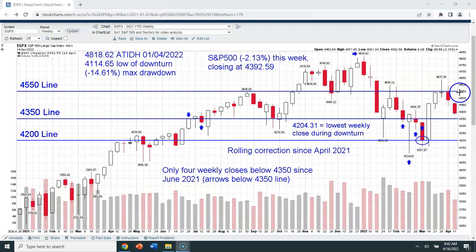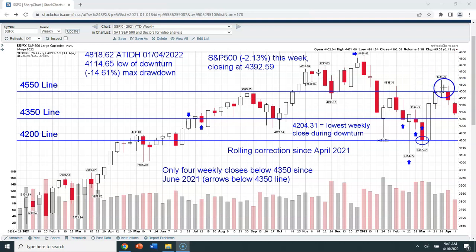And what we can see is that over the past 4 weeks, we have been rejected on a weekly closing basis at this line right here, which is the 4550 line. So we've come up to this area, and we now have been rejected. Yes, intra-week, during the middle of the week a couple weeks ago, we had trading as high as 4637.30,